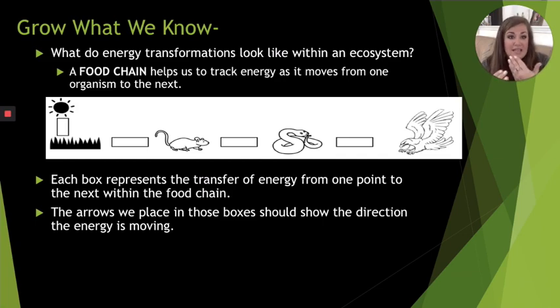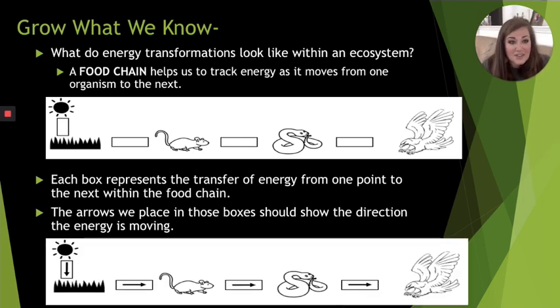That shows us that the sun gives its solar energy to the grass, and the grass uses that to do the process of photosynthesis before the energy is then given to the mouse. So if you want to take a second and fill yours in, you can check it against this example at